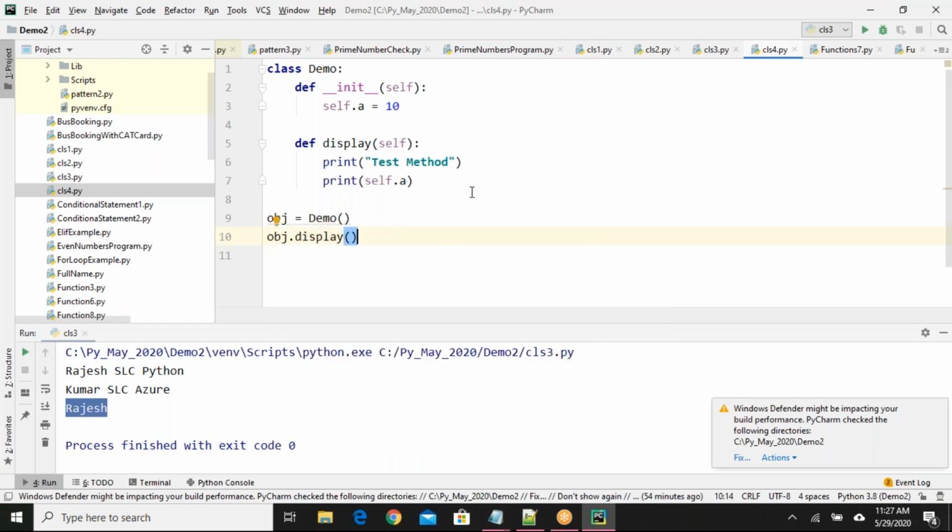If I run this program, what is the output I'll get? Any guess? Test method and 10. Correct. Test method and 10.